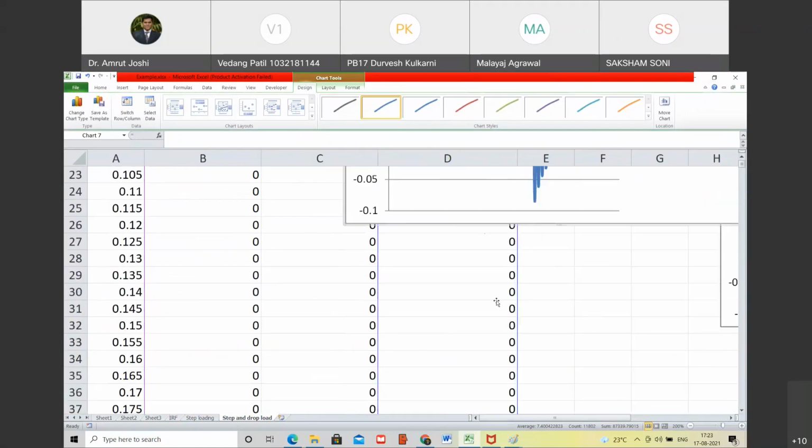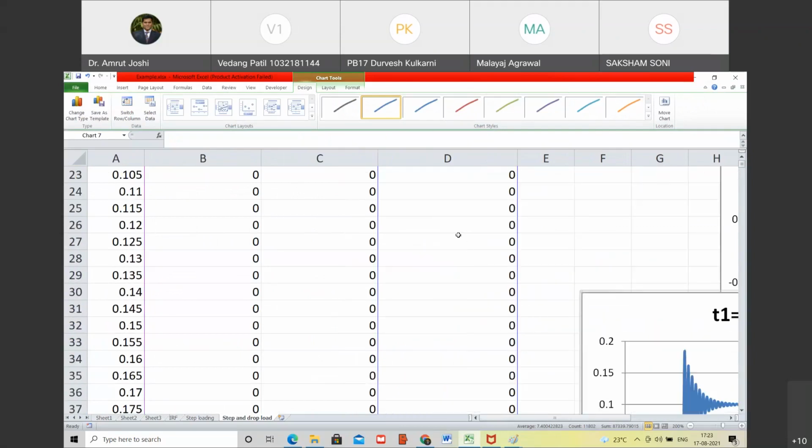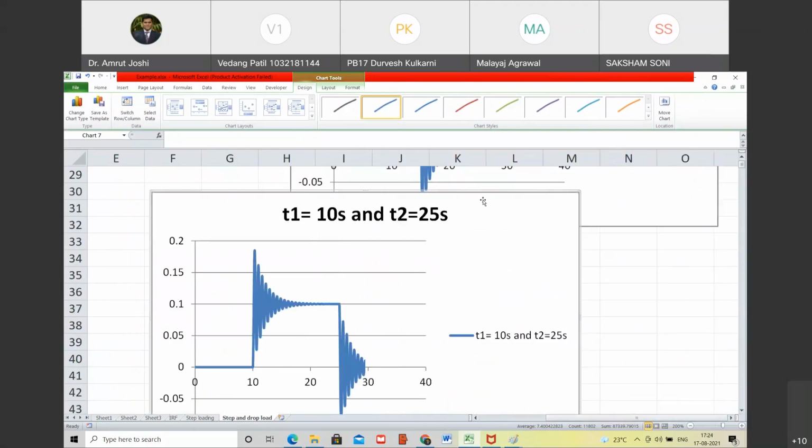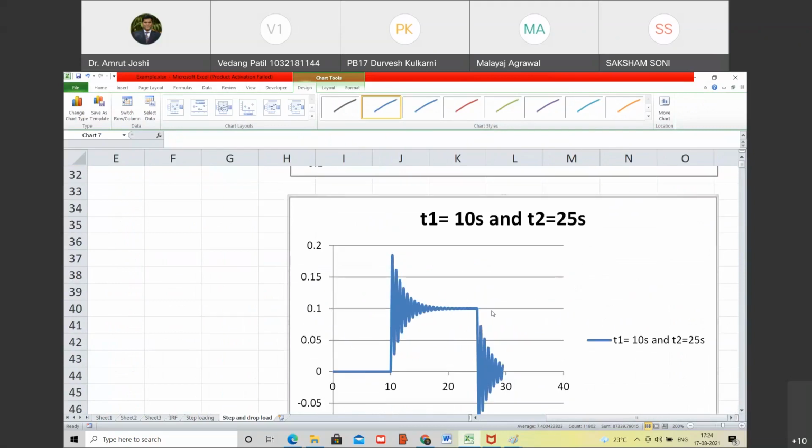Now, do you observe the difference now? Yes, sir. The force F was suddenly applied at 10 seconds and it remained constant up to 25 seconds. Do you agree with me? Yes. As the gap between 10 and 25 seconds is very large, due to sudden application of F, there was the oscillation. That oscillation ceased to occur and the deformation settled at static deformation, which is equal to 0.1. Happy? Yes, sir. But then when there was a sudden drop, again the oscillation started. Do you agree with me?